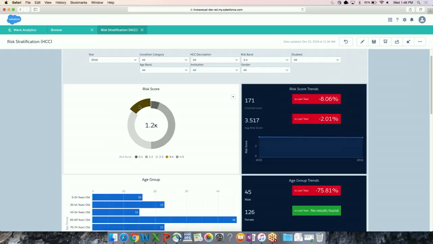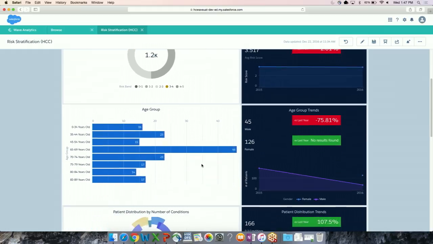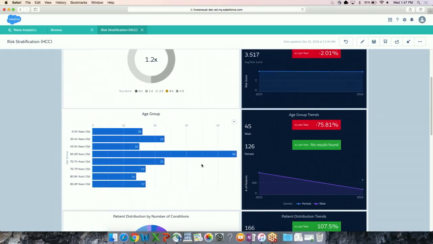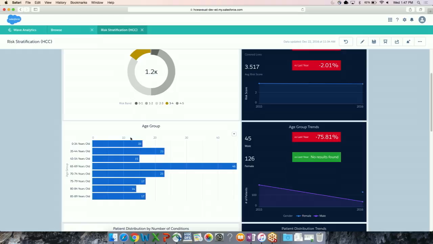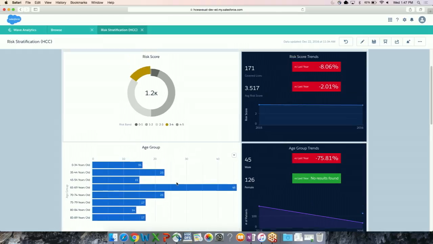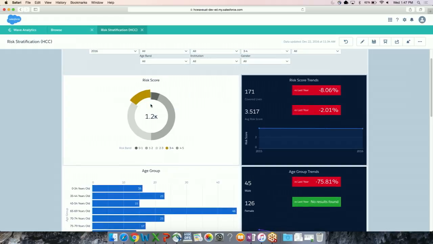What you will see as I'm clicking these buttons is that it's interactive. As I click a particular filter, it actually adjusts all of the other filters that are pertinent to this particular filter. So what it's showing me now is all of the patients that are in the age group, divided by age group for this particular risk score. So now what you can do is